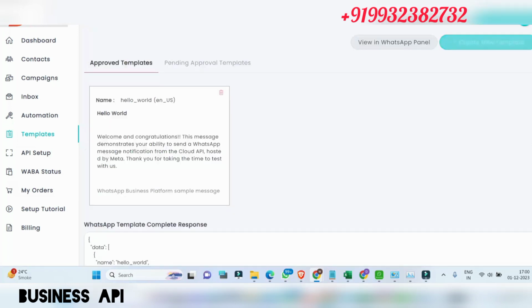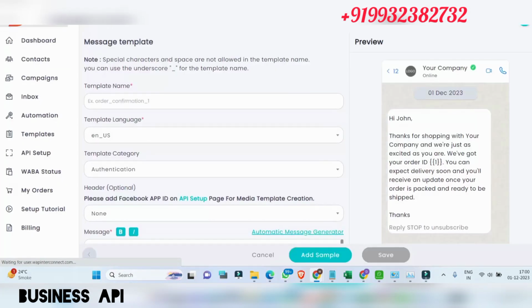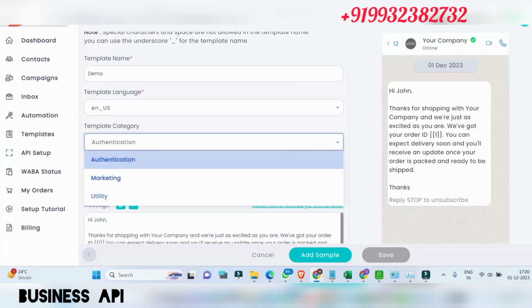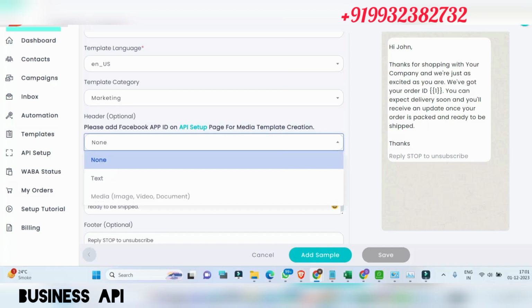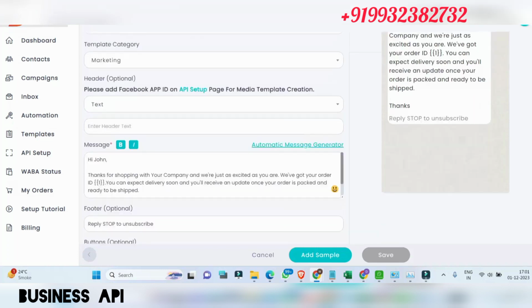Whenever we upload a template here, our options will show the template name, like demo English, and the template category, whether we are sending a marketing or utility message. Header, if you want to use a header, or we can add media also. For now we are just using text.